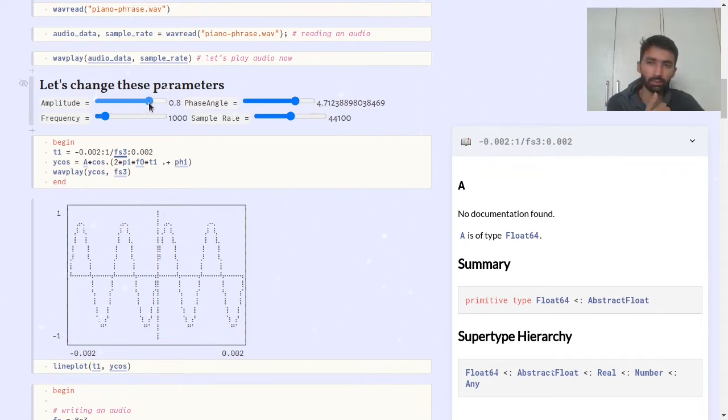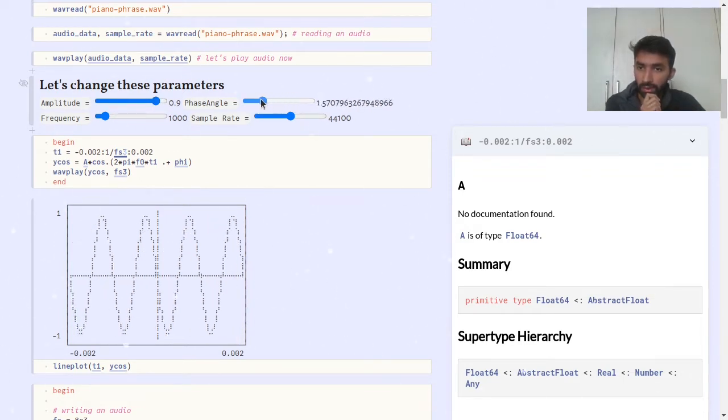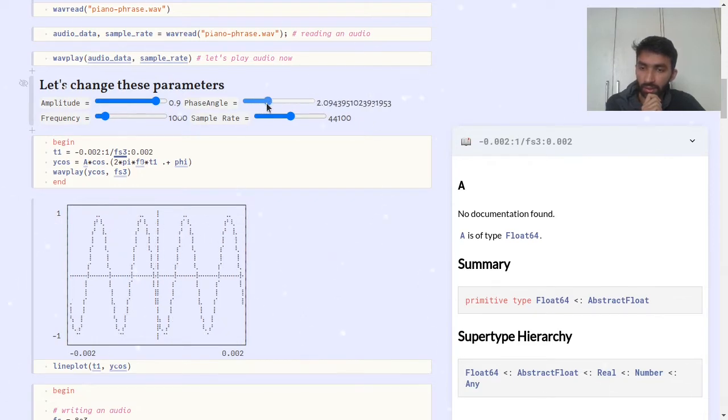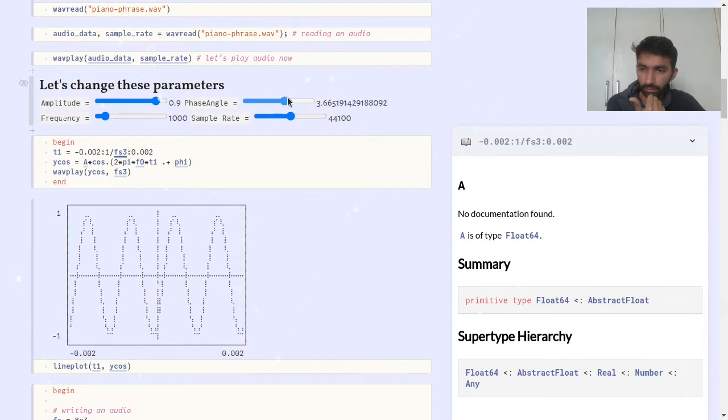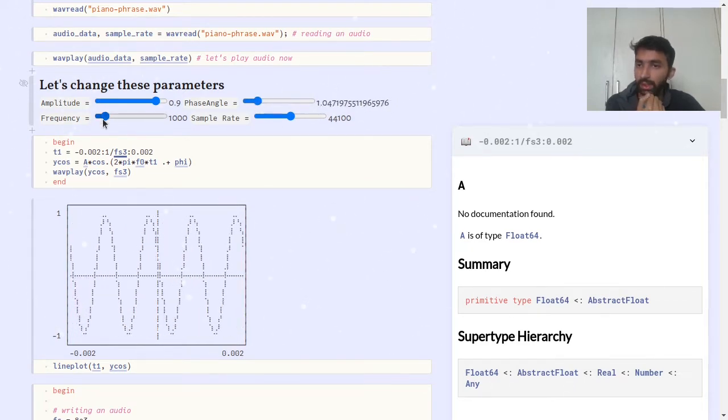As you can see, the pitch will increase and decrease. And if I change the phase, it's in radians by the way, it will change where the wave actually starts. Okay. Then we have the frequency, which specifies the number of crests and troughs in a small time period.